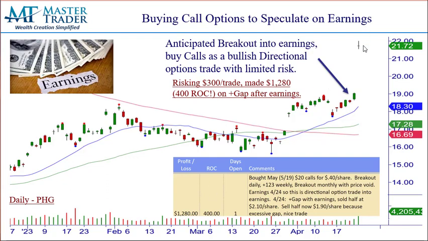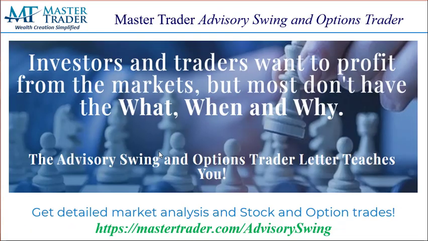So in 1 day after earnings, we sold our call options for an average exit of $2. And so in this example, we risked $300 a trade. We made 400% return on capital. That equated to $1,280 using the master trader approach to buying options into earnings with a bullish bias and limited risk and leverage. All of those trades I just showed you, we gave last week to our advisory swing and options letter,